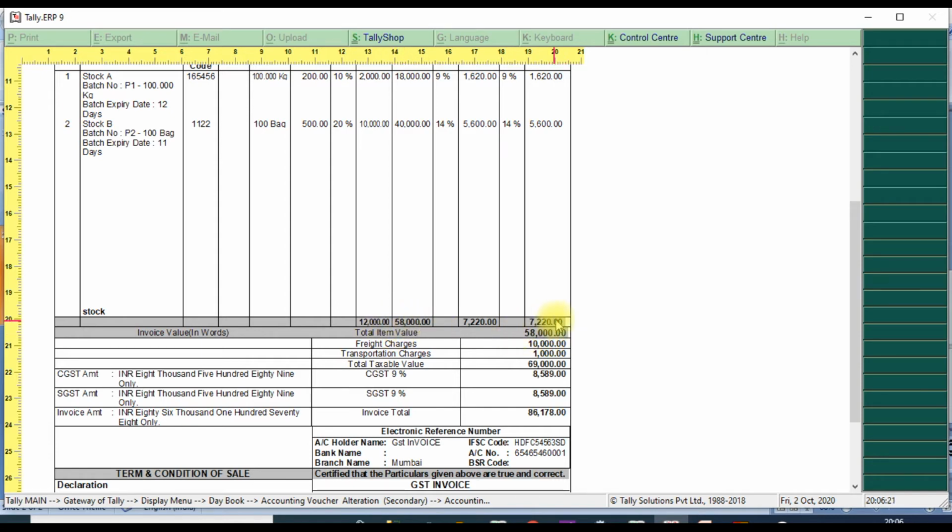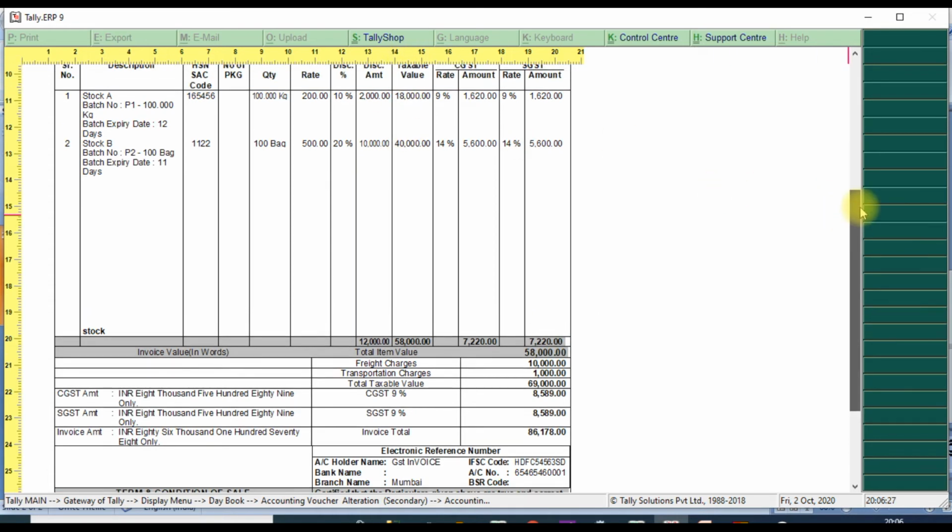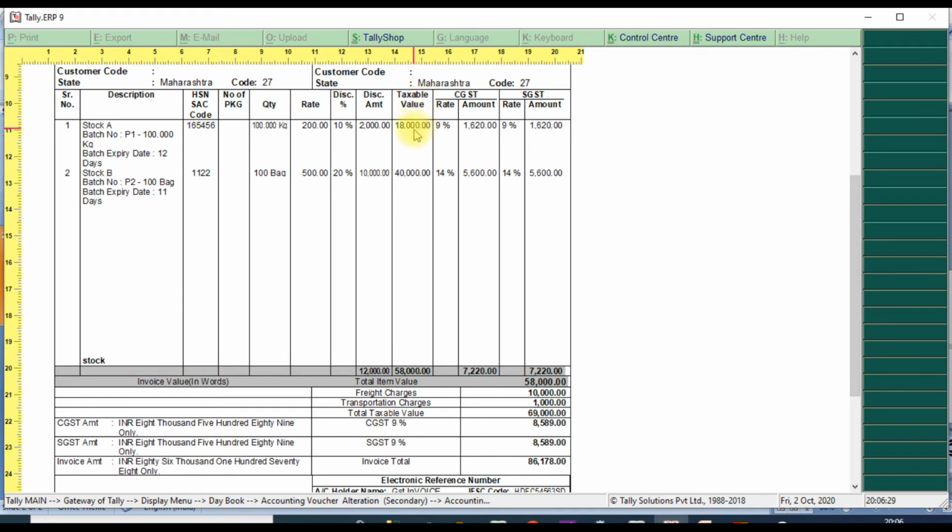Total item value it will show 58,000 something, 18,000 plus 40,000 it will show that. Taxable value 18,000 and 40,000, totally 58,000 here, and it will show ledger details, transportation charges and other things. Then it will add all ledger information too.